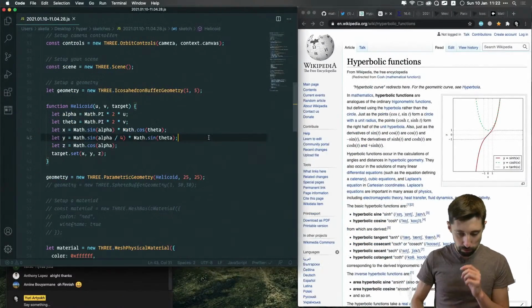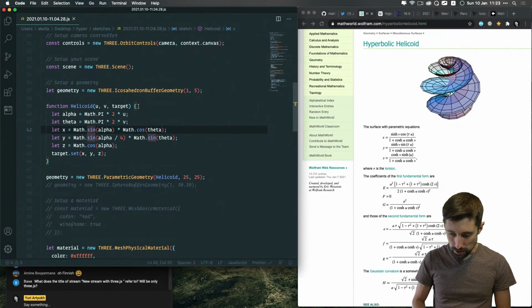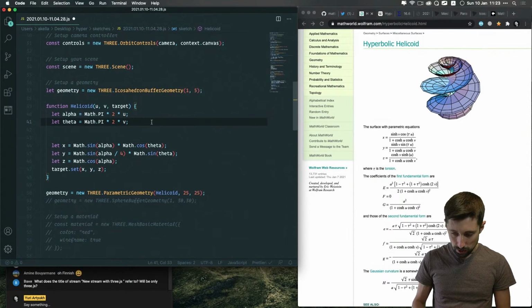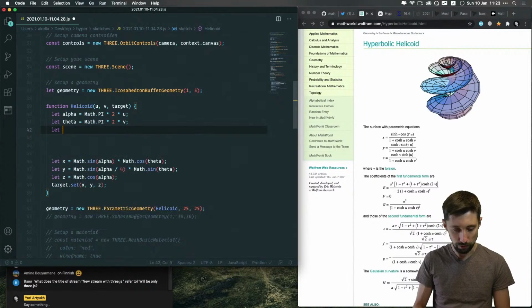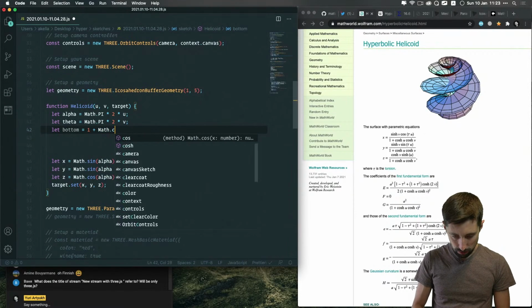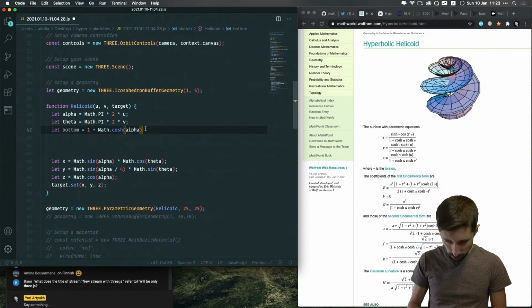All right, so let's implement that. Let's take the formula from Wolfram and then implement it. We'll leave alpha and theta the same. So the x, and I think the bottom part is the same in each of the cases. It's 1 plus cos u plus cos v. So first calculate the bottom, and then alpha multiplied by, yeah,